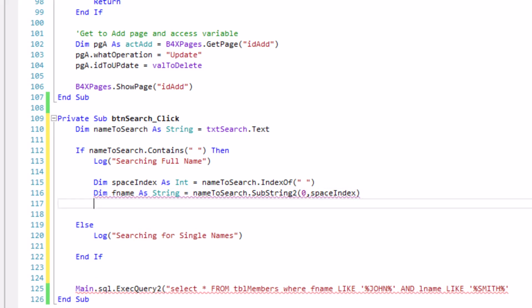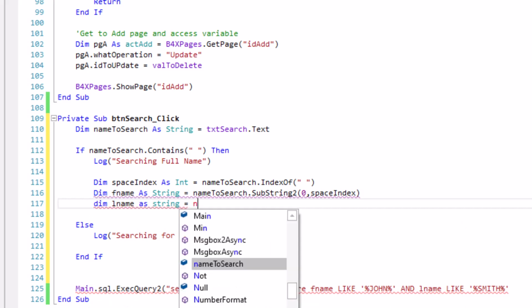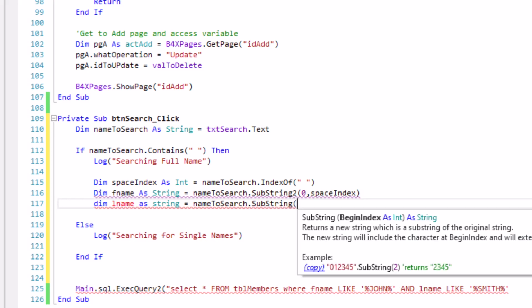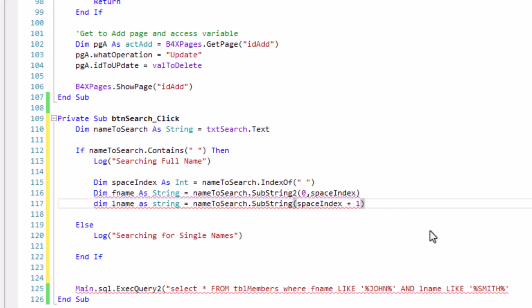Now for the last name, also name to search dot substring, this one using substring 1 since it's just two names. This one specifies the beginning index, which is inclusive, so it means the beginning index will be the space in between the first and the last name. So space index plus 1, then that should do it.